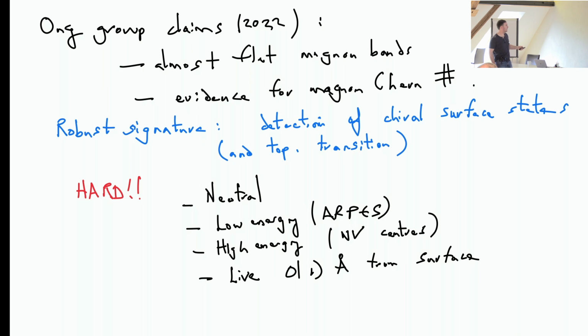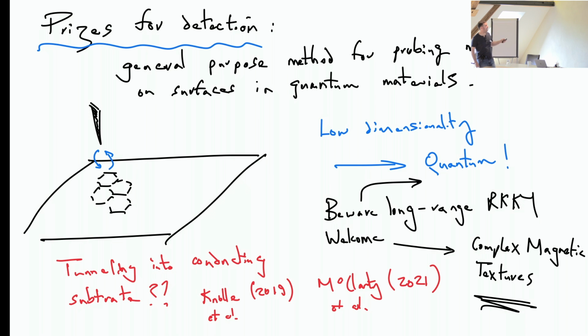kind of spin-resolved measurements, or it's too high energy for NV centers. Usually these are in the terahertz regime. These are microscopic neutral things, so it's extremely hard to find a suitable coupling to them. But if it were possible to do this, I think it would just be a tremendous way forward for the entire field. After all, if you could detect these microscopic surface states, essentially magnons living on a 1D surface in